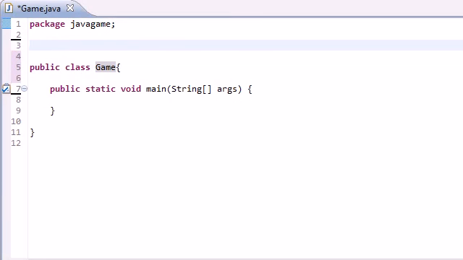So, if you saw my last video, you know that the first thing we need to do is import some stuff, because you know all that stuff that I had you download and set up? Well, I didn't just do that because I was bored. We actually need what we downloaded, so in order to get it in our Java game, we need to import it. So import